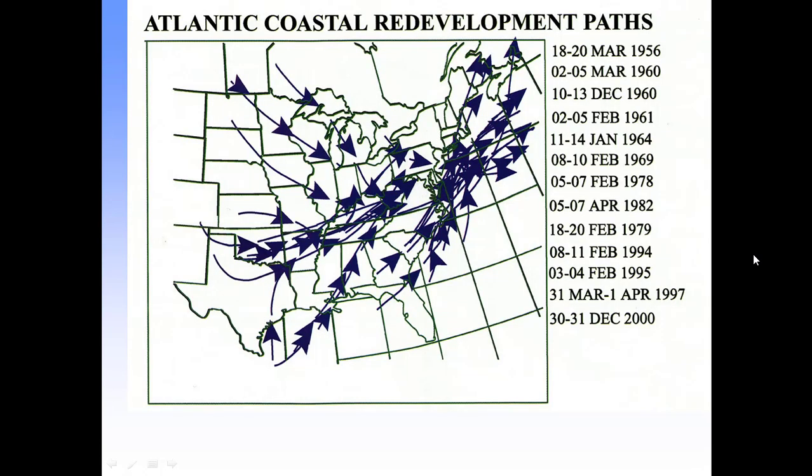Now let's talk about Track B, which has the name of the Atlantic Coastal Redevelopment Track. And this track is a little bit more interesting. It's also a little bit more complex, simply because what you have in this scenario is an area